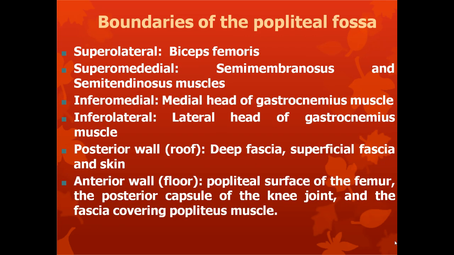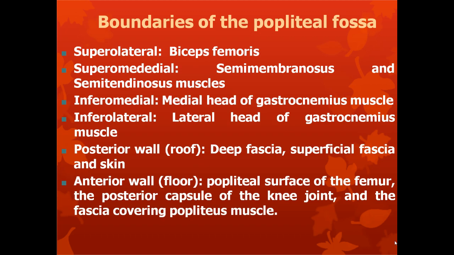Now, the most important thing, the boundaries of the popliteal fossa. These boundaries are made by different kinds of muscles. We can see here the superolateral boundary of the popliteal fossa is formed by the biceps femoris muscle, and the superomedial boundary is formed by the semimembranosus and semitendinosus muscles, and the inferomedial boundary is made by the medial head